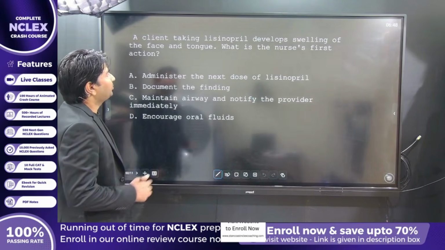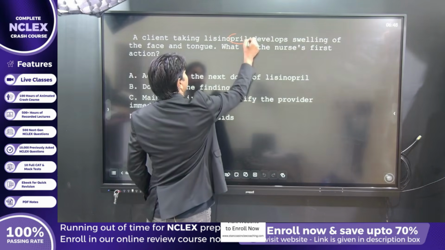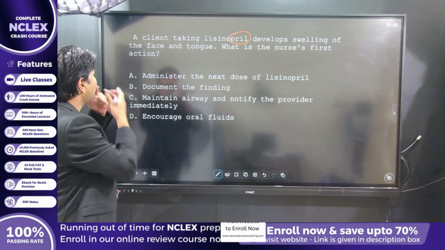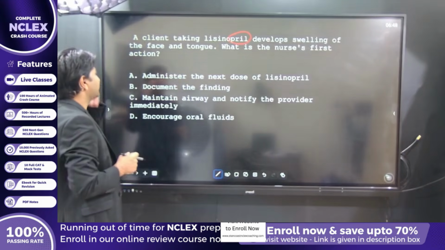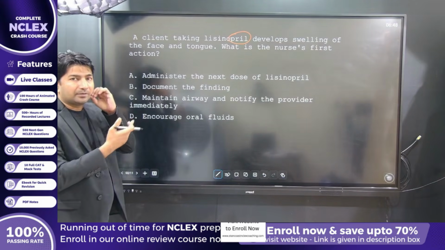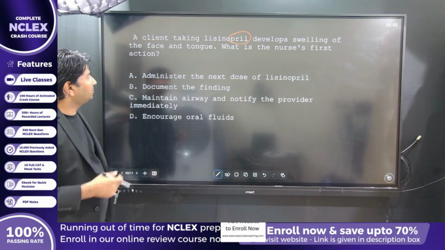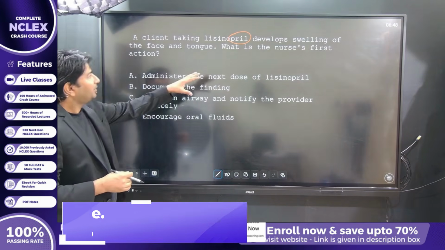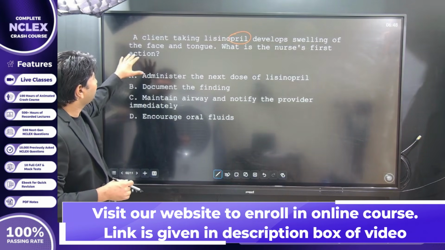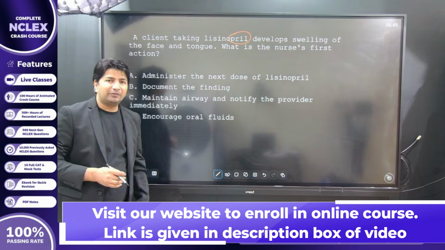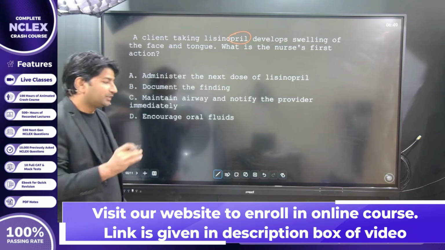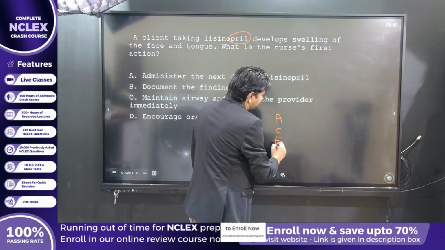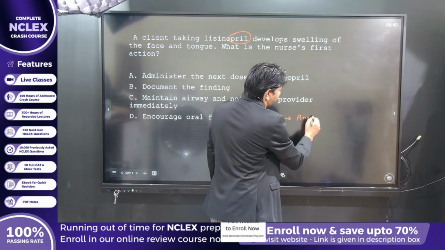A client taking lisinopril. Again, pril means this is also an angiotensin-converting enzyme inhibitor drug. The client develops swelling of the face and the tongue. What is the nurse's first action? We've discussed this earlier. Whenever you see that any drug contains pril, it means it is an ACE inhibitor. And here, as you have seen, there is swelling of the face and the tongue. If there is swelling of the face and tongue, you can see that the side effects of ACE drugs are like this. A is related to angioedema,